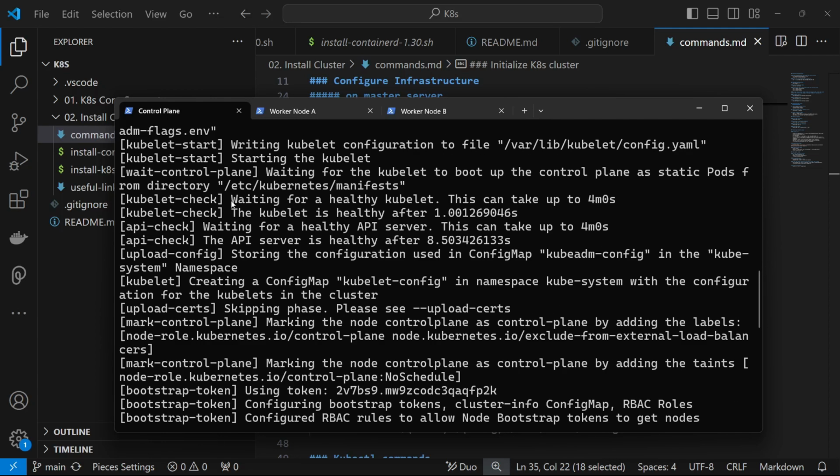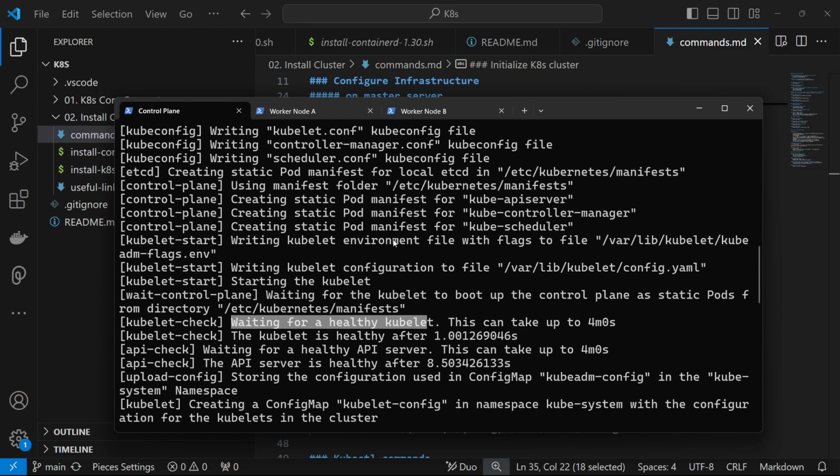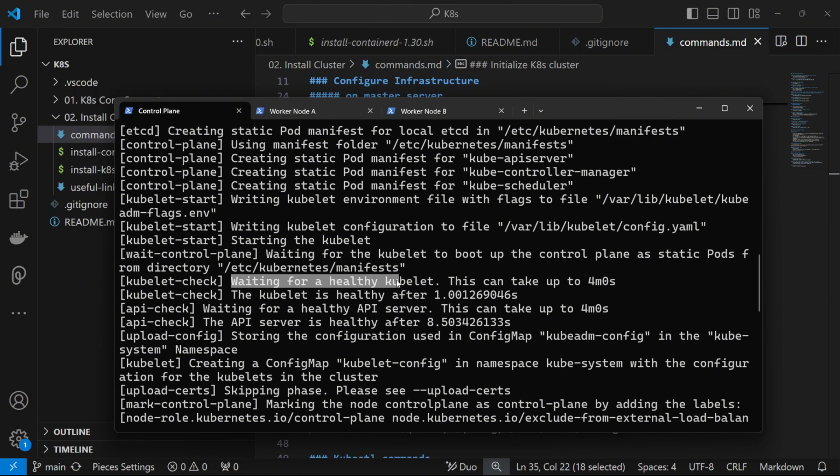Okay, so here it's saying what? Waiting for a healthy what? Kubelet. Can you see that? Waiting for a healthy kubelet. So all of these manifest files have been created, and now it is the turn of the kubelet to